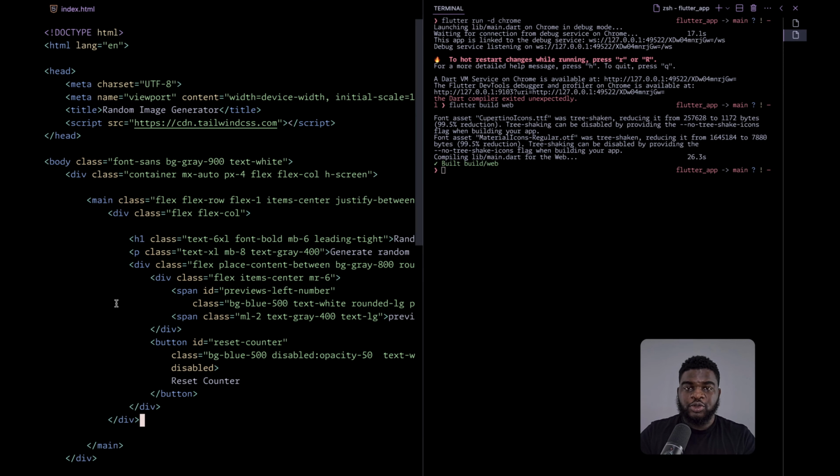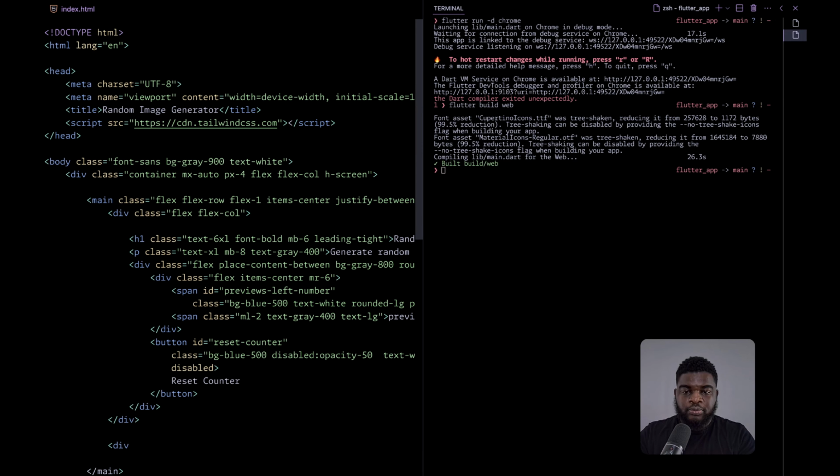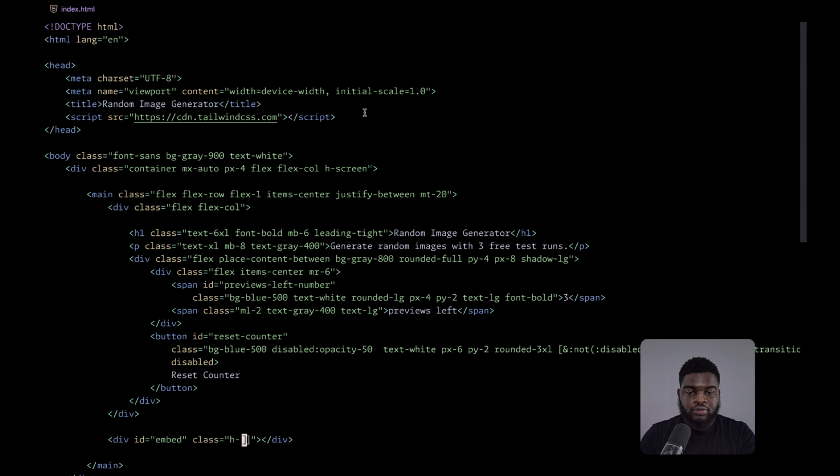And the first step is to create the host element. So we'll create a div and give it an ID. We set the height and the width, and we can also give it a border radius and hide the overflow.